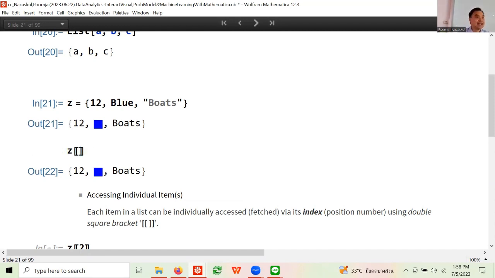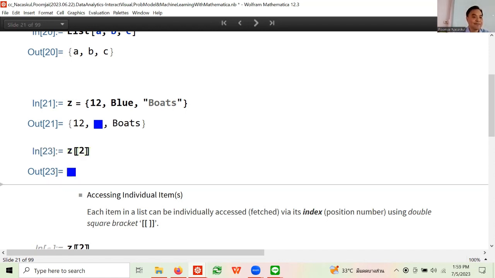And you notice that to make it look nicer, it shortens the notation. In the older version, it doesn't do that. Now let's say I want the color. So Z[[2]] is right.